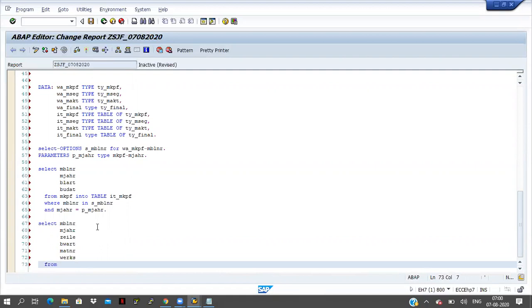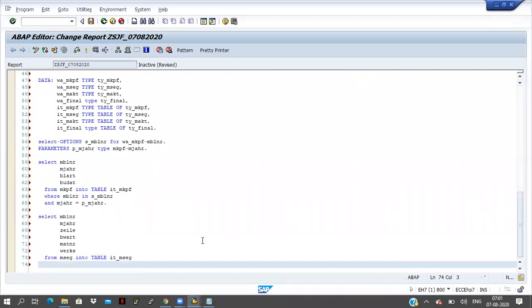Fine. From which table is it? From MSEG, into table IT_MSEG. Up to here you already know this. Now I have to give the link here, right? Some data is coming here from MKPF.